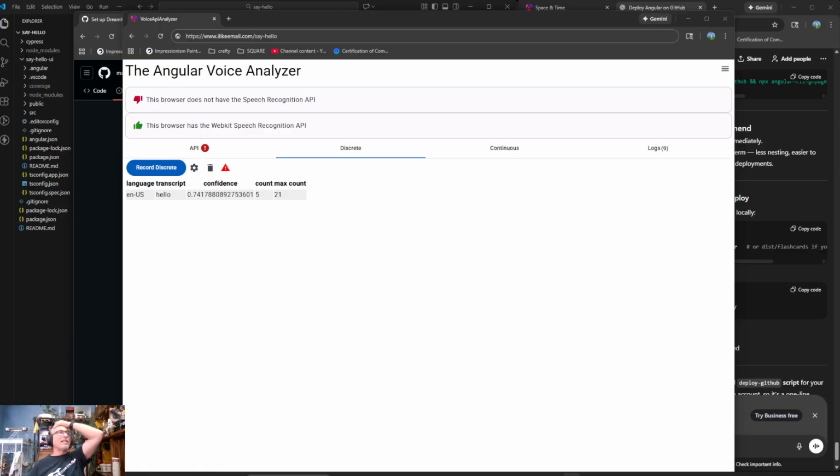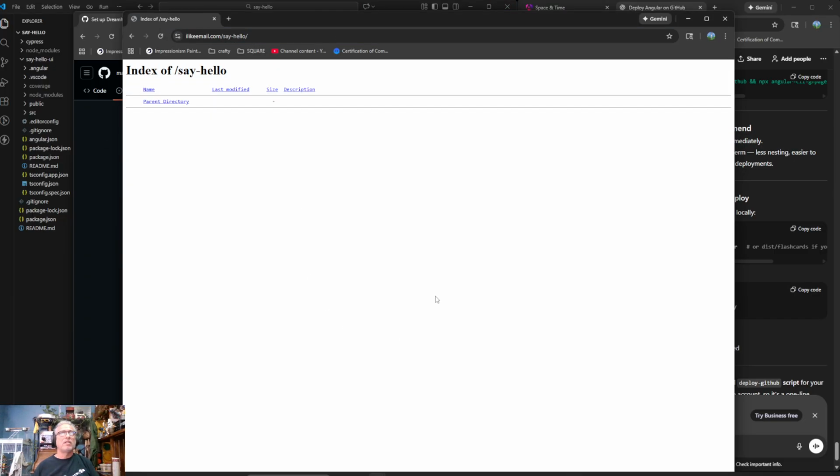So anyways, when I click that, I happen to already be on I like email, so I can connect to that. And within that actual application, I can create a new folder. So I'm clicking in, and I already have a flashcards, but I don't have a voice. So I'm going to say create directory, and I'm just going to say say hello, and it's just an empty directory. There's nothing in there. And since I created it, I can hit enter, and now I have my empty directory.